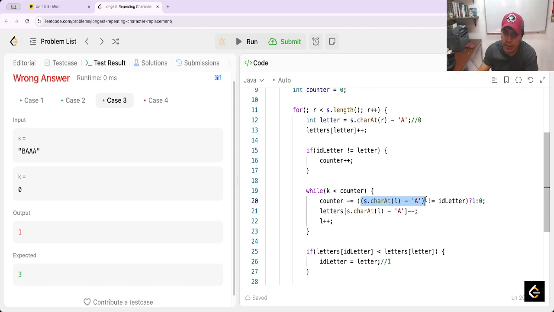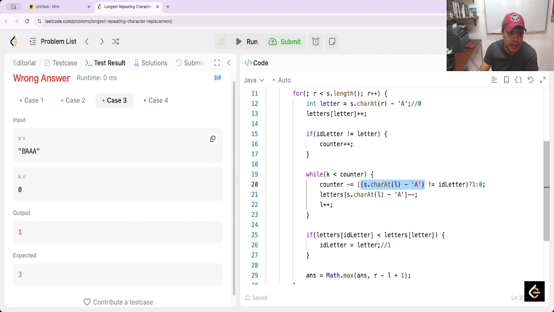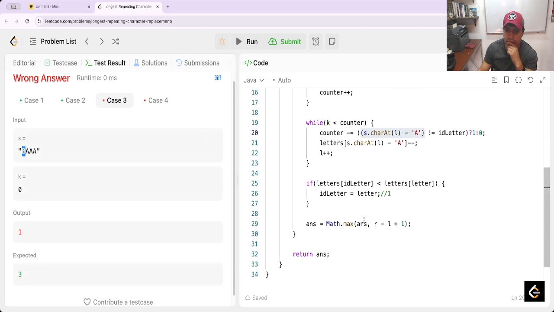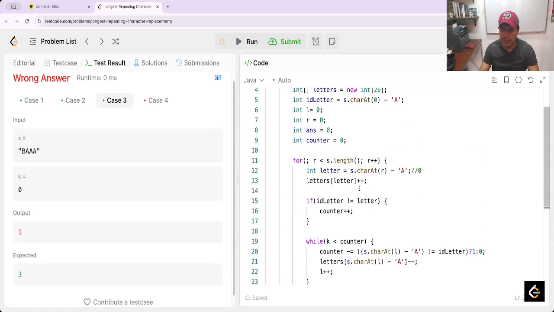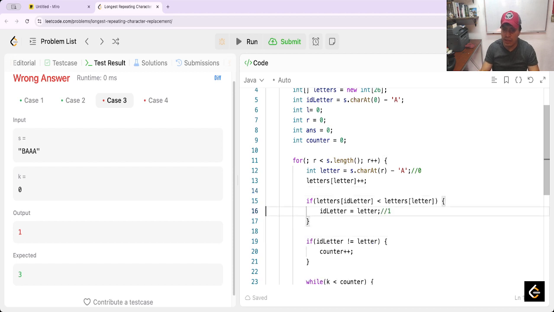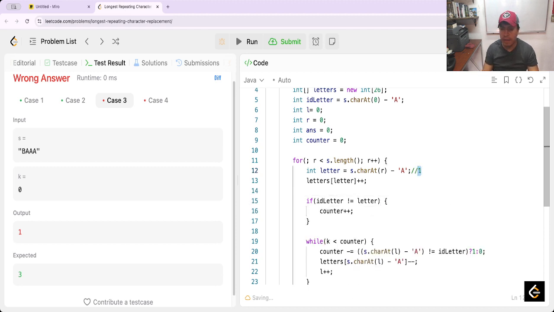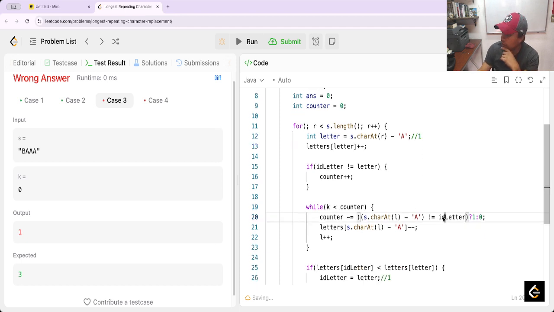The L is in the index 0, and it's basically B. This means that I need to calculate this here. No, but it's here. The problem is here